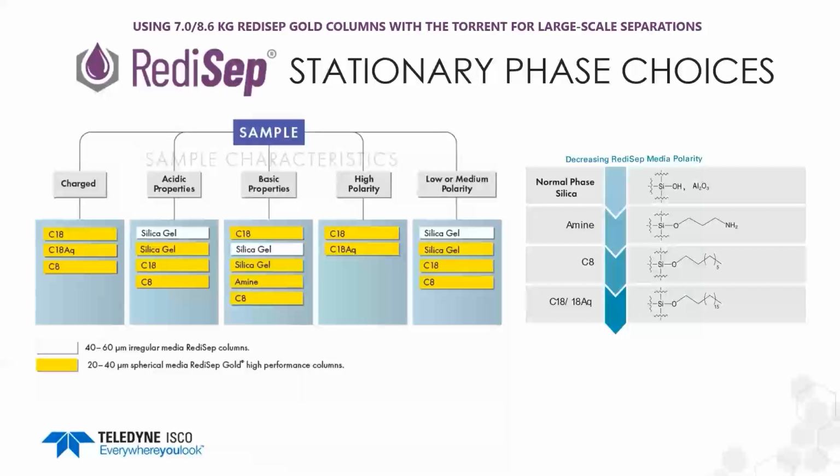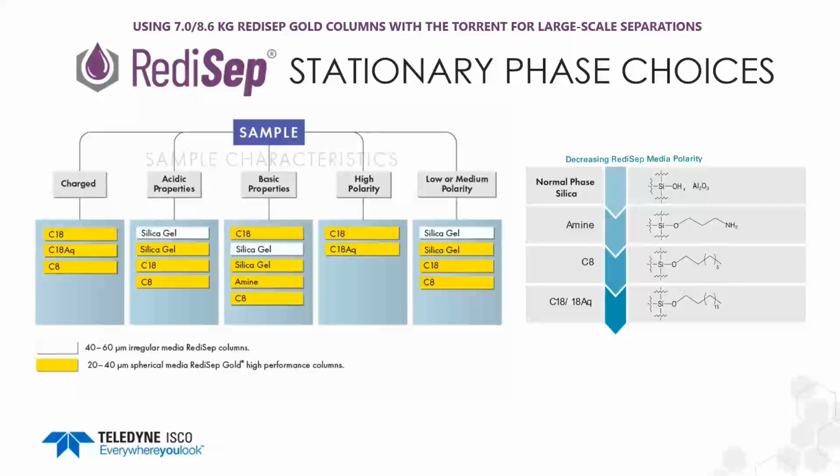There's multiple choices that we offer in our RediSep line for stationary phases for different chemistries. And so some basic questions that you want to ask yourself are, what are the characteristics of my sample? Is it charged or non-charged? Does it have acidic properties or basic properties? Is it highly polar, or is it a lower medium polarity compound? And so depending upon your answer to those, we have multiple options to choose from, both in our irregular RediSep